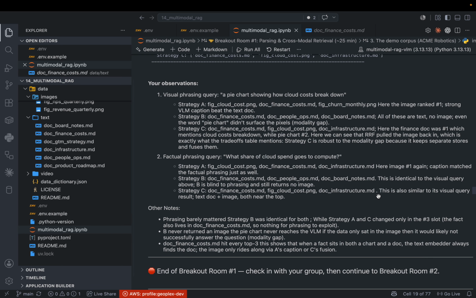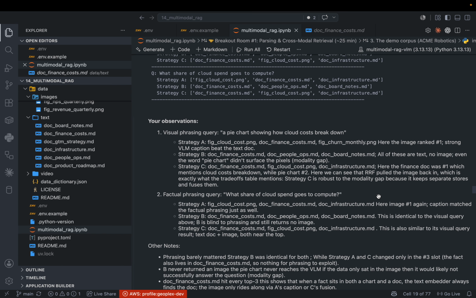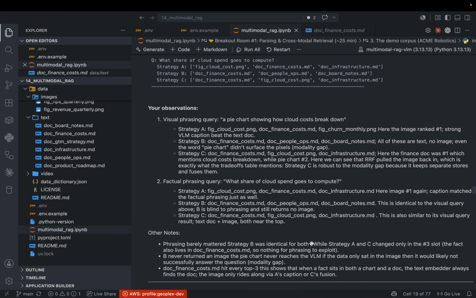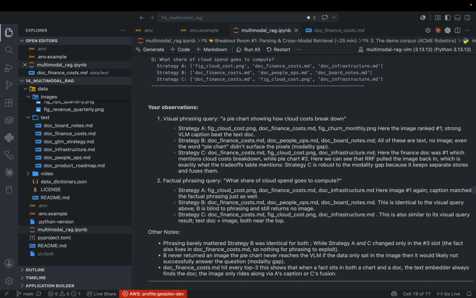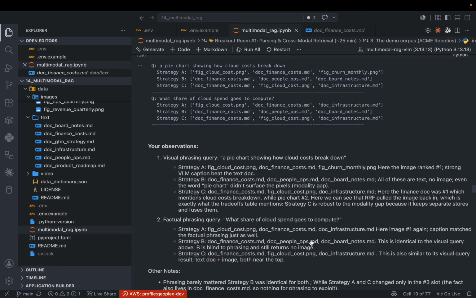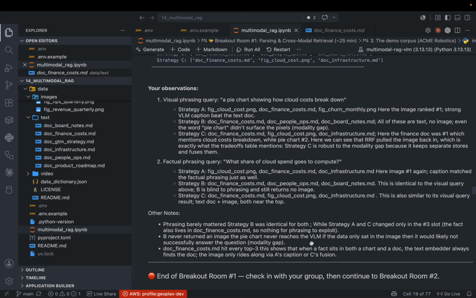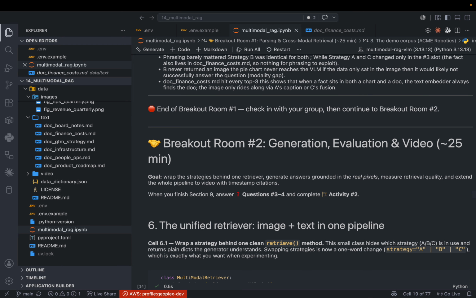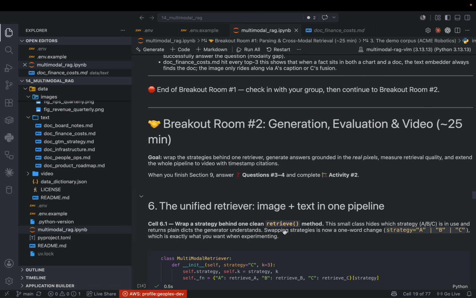And then in strategy C, we saw that it brought in both images and text docs, and both chunks had answers to the question, so that was good to see. And then we moved on to video. So the same pipeline extended nicely to video,